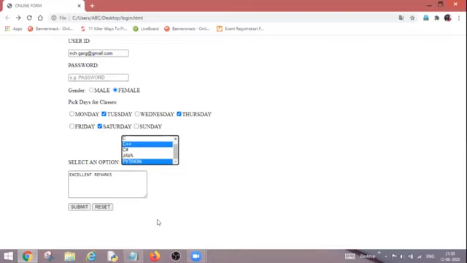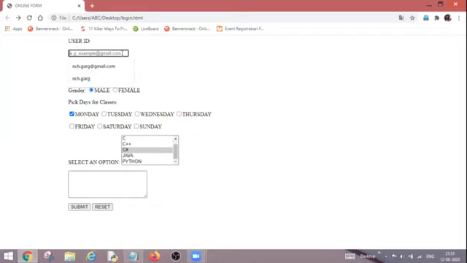So how do I reset it? How do I fill another email ID? So one option is that one by one I go upon each and every option and select another option and deselect the previous one. Or the best way is that I click upon reset. Once I click upon reset, all the values filled will come back onto the default value. Now I can restart again.